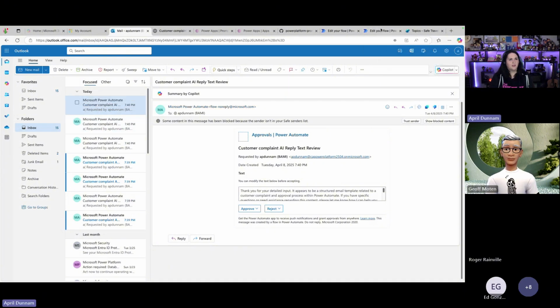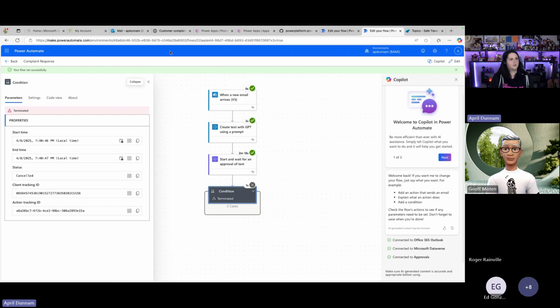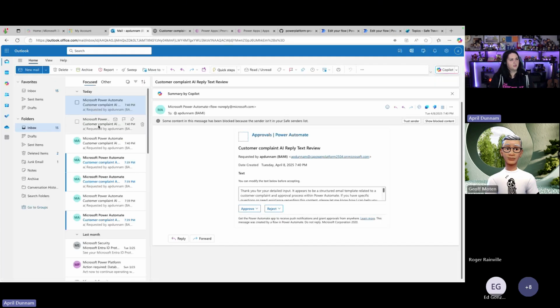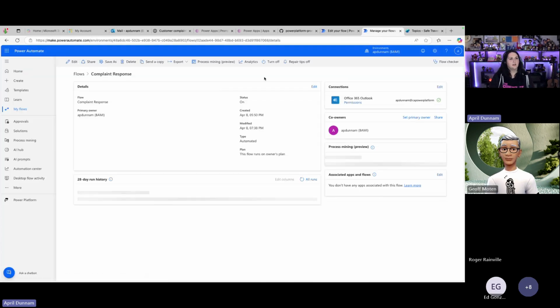Okay, now just waiting for that email. Let's check on our flow. Okay, so the condition looks like it met the condition, terminated. So I should get an email with that response here in a second. It's just being slow as always to run there. But that's kind of what that process will look like and